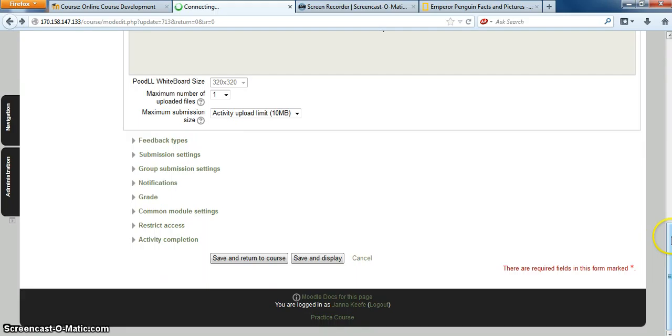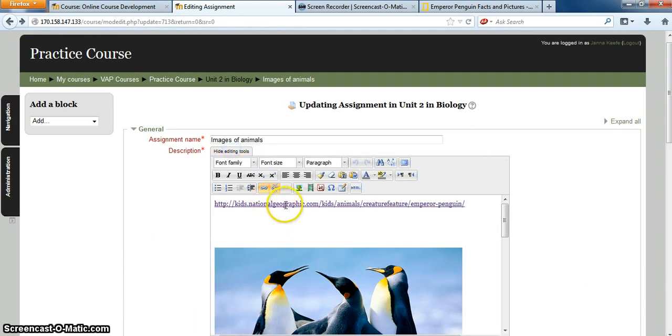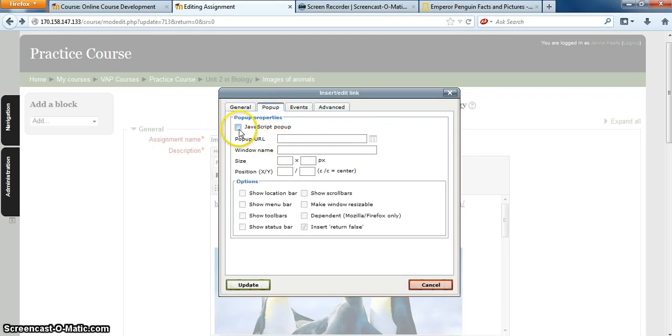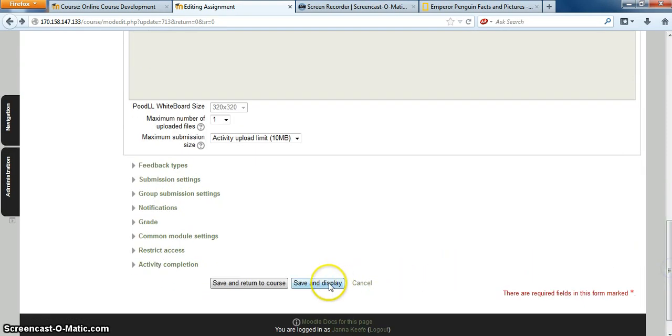So I'm just going to go back in this case. I'm going to go back up, click on my editing tools. I'm going to click somewhere in there. So this is not only to add a link, but it's also to edit it. So I'm going to click on it again. So if I want it to pop up in a new window, I'm going to click on the pop-up tab. I'm going to enable the JavaScript pop-up, and I'm going to simply paste the exact same URL directly into that pop-up URL and click Update. And now, if we save and display,